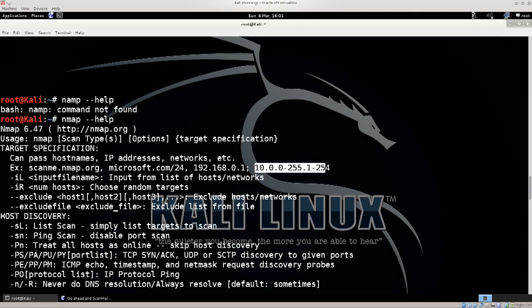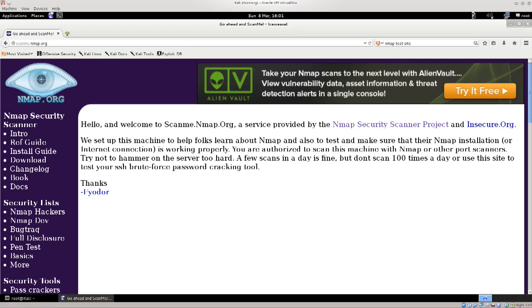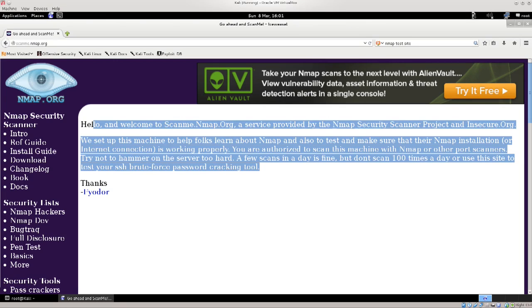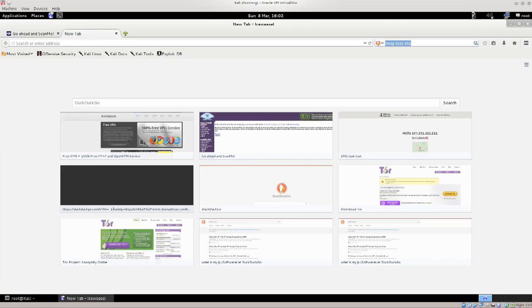This is a very common form that people tend to use, and this is what you will find yourselves using. Either this will be a method in which you specify the IP addresses, or you will be passing files. These files, usually people either make them themselves, or they can find these IP addresses on the internet. So in addition to this site, nmap.org, you also have this one here,